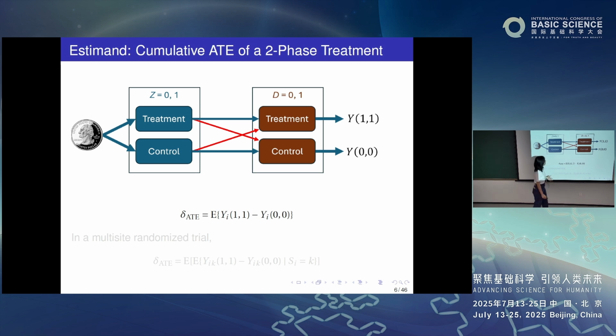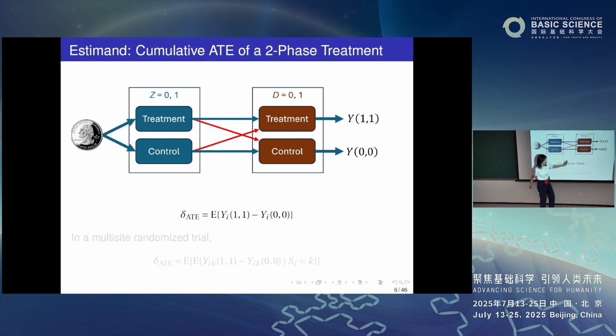And we use the potential outcomes framework to define the causal effect. We use Y11 to describe the outcome had a subject received the treatment at both phases. And we use Y00 to denote what would happen to the outcome had the subject received the control at both phases. And the causal effect that we want to obtain is basically a comparison between Y11 and Y00. And here i is the index for subject. For each subject i, this defines the individual causal effect.